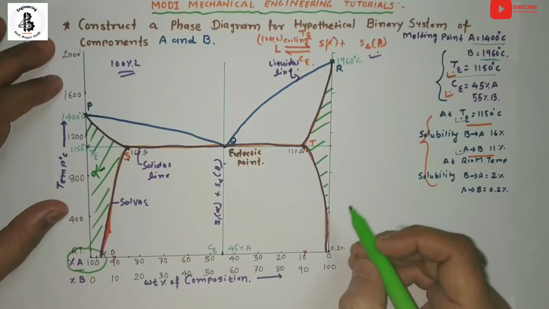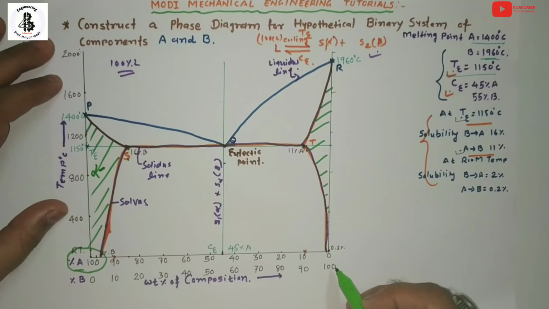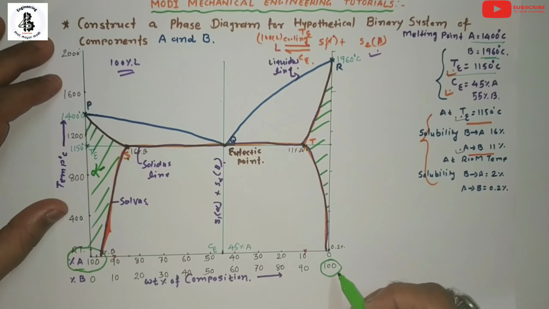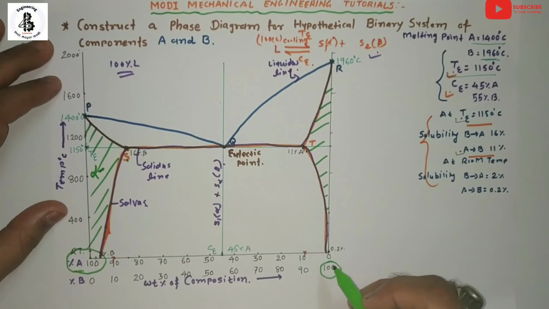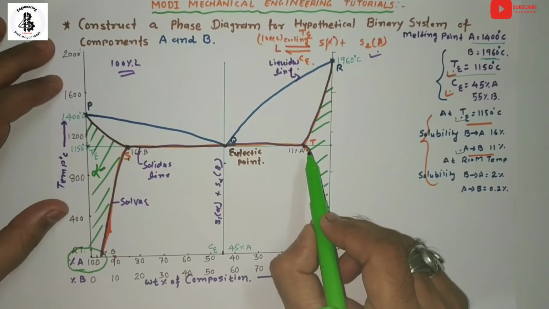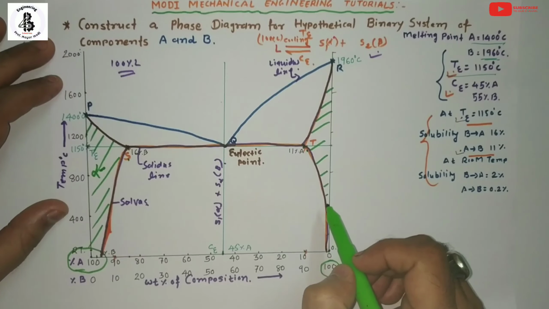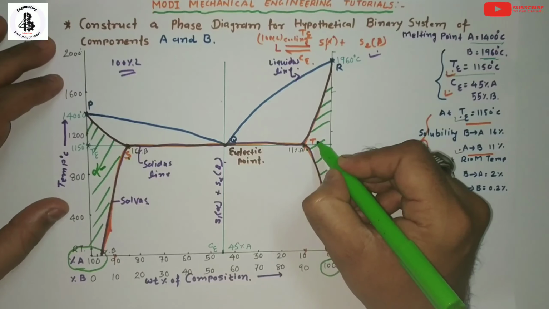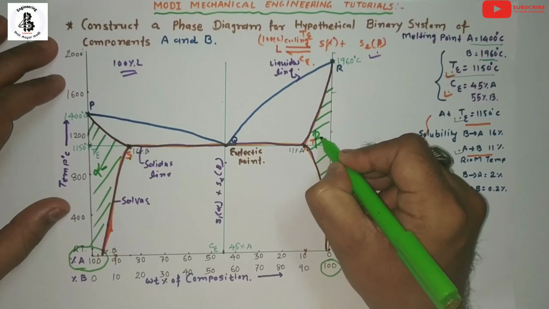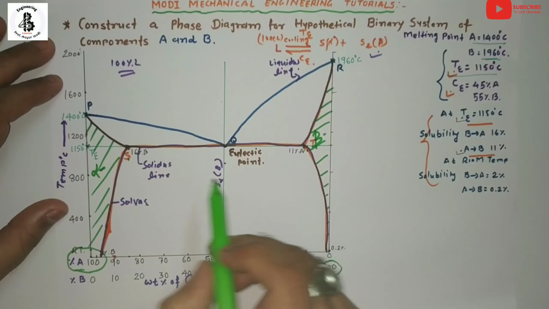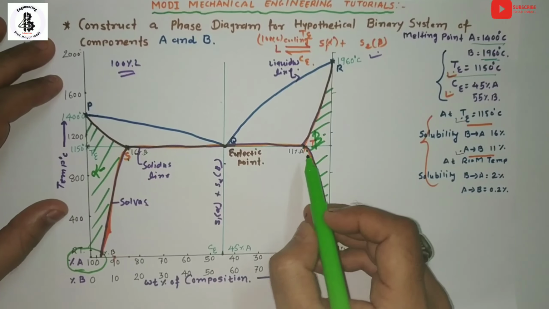Similarly, from the other side, this is the side of the majority of metal B. According to the presence of B, it forms a single solid up to a set of conditions of temperature and composition. So it forms a single solid, and that phase is the beta phase. In between S point and T point,